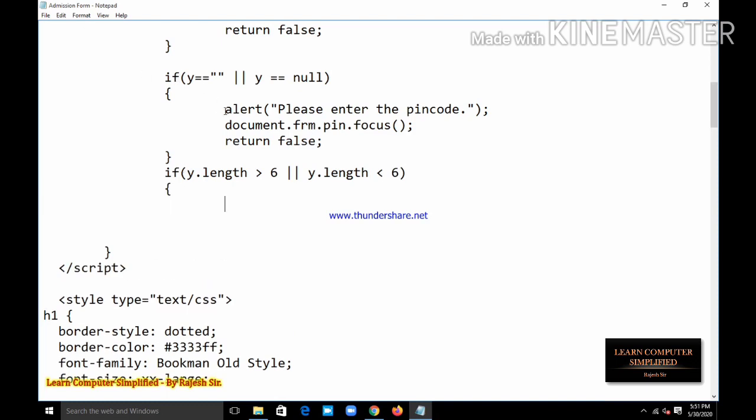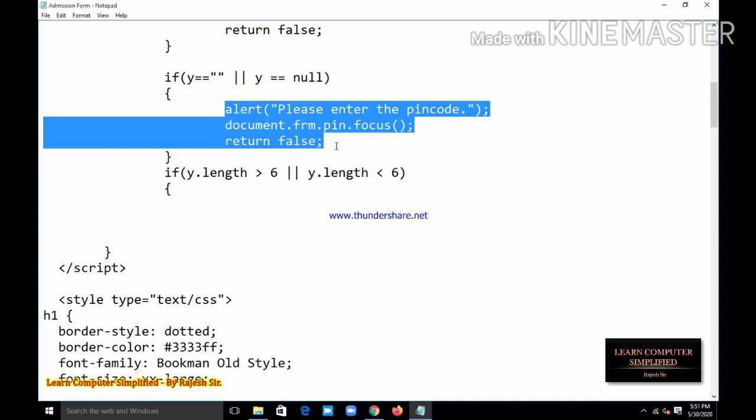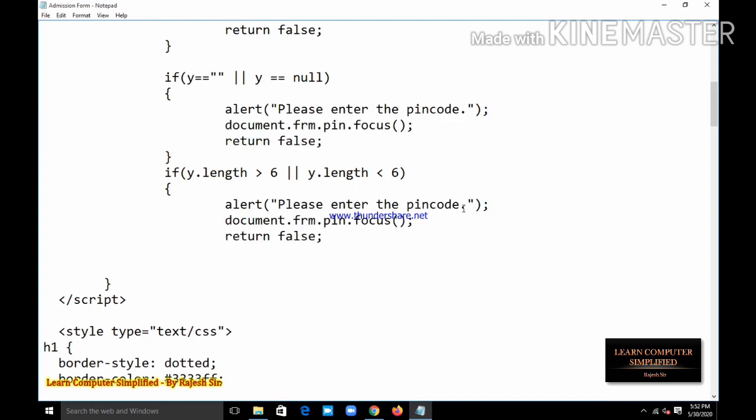I am directly copying it, Control V. Please enter 6-digit pin code. Okay, closing the bracket.